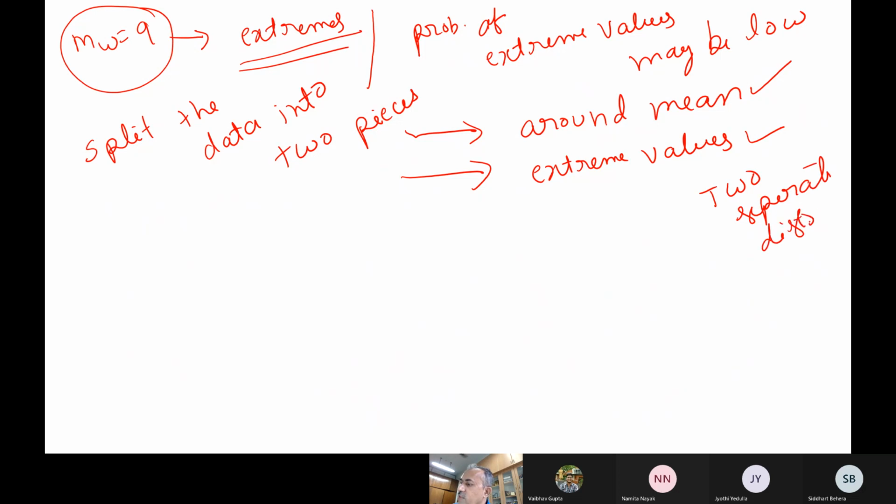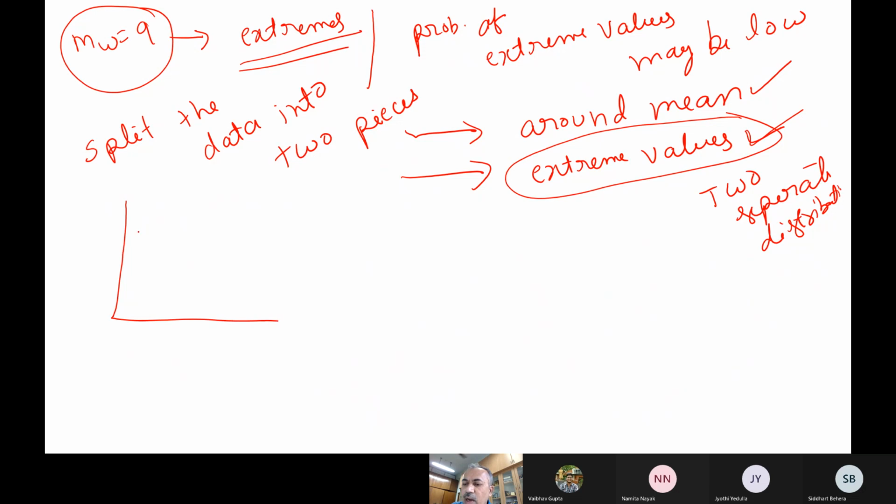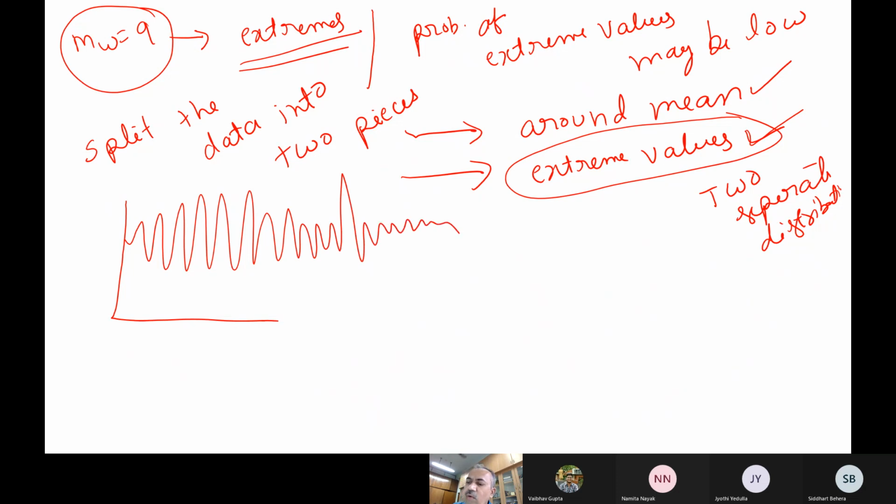Why is this required? If I mix all the data in one go, the prediction of extreme values gets underestimated. So the idea is to do it separately, and not include the extreme values. For example, take rainfall data, where the all-India mean is somewhere around 83. Now you take all the extreme values, the largest values in the data. If there are 100 years, you may have 10 or 20 extreme values.